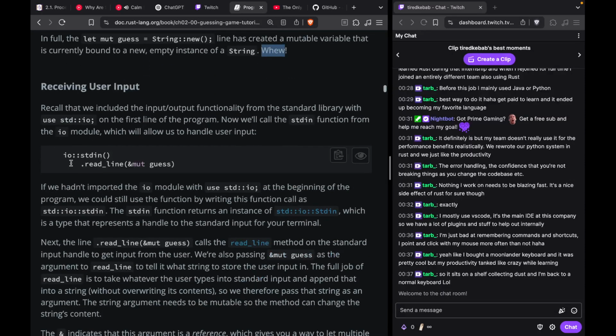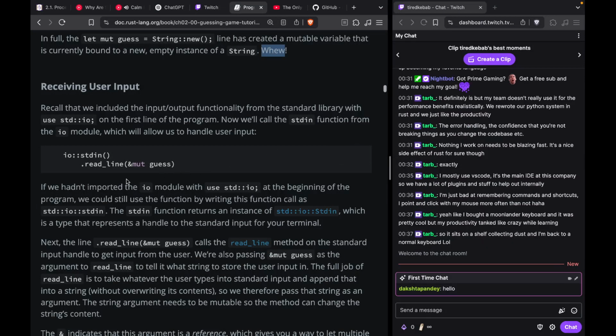Receiving user input. Recall that we included the input/output functionality from the standard library with use std::io on the first line of the program. Now we'll call the stdin function from